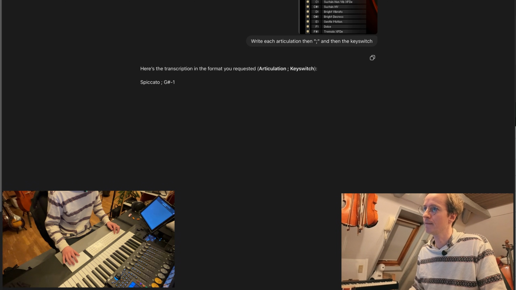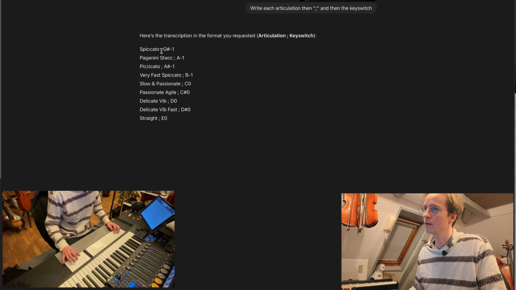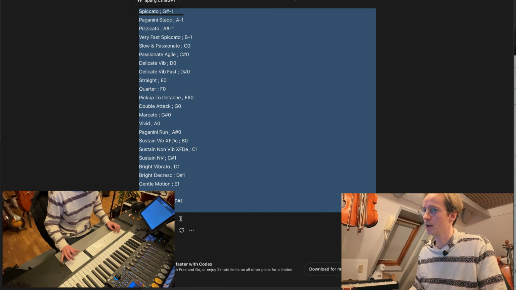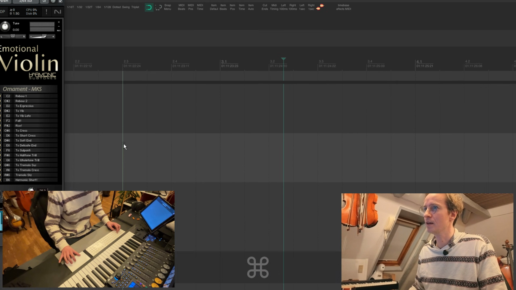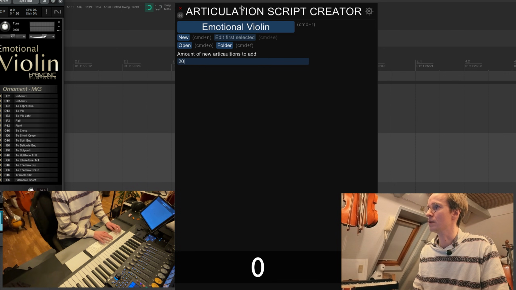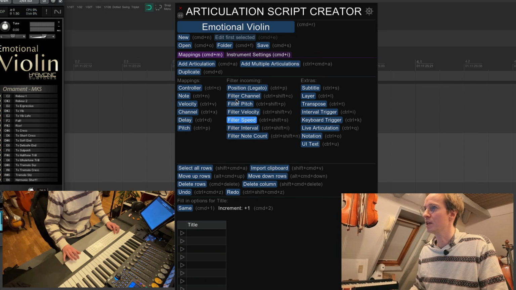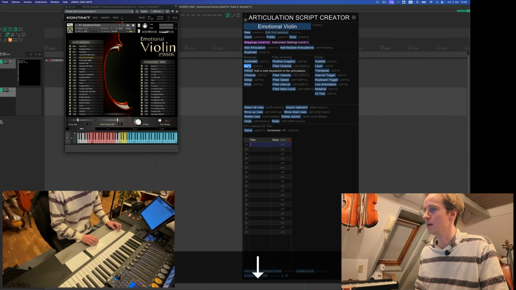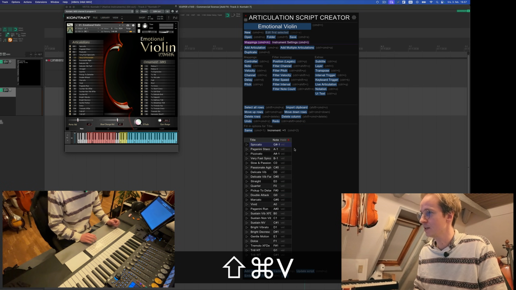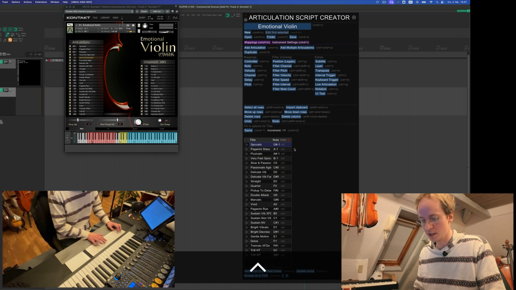I think it added a space. I don't think that's a problem. I think my script can handle that. But that looks quite all right. I'll select this, copy that, and then I go back here and I open up the articulation script. I'll add a new map, emotional violin, and let's just say that's like 20. And we need a key switch, so we add the node, and then here we say import clipboard, Command-Shift-V, and then we have our instrument and we can preview it,